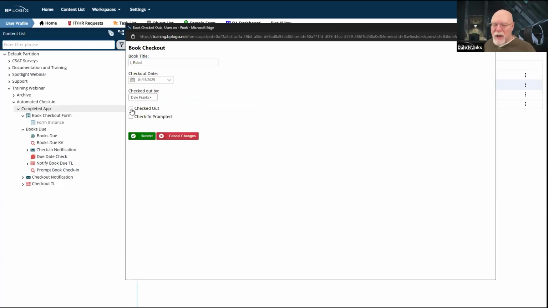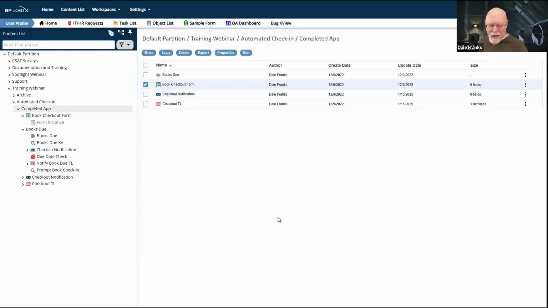And I'm checking the book out. Now, I'm doing this manually again, so I can go back into existing form instances and play around with them. Normally, this would just happen automatically and we wouldn't see these fields, but that's fine. I've got my book. Used to be a big Isaac Asimov fan as a kid. And I'm going to go ahead and submit my form.